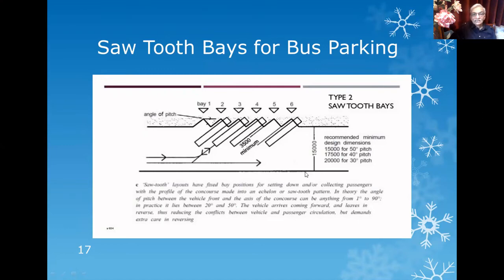Unlike cars, they don't have 90 degrees parking. 90 degrees parking is convenient for cars, whereas for buses, because they are more in length and are heavy vehicles, it is recommended that they should be parked in 45 degrees parking, and the driveway they use should be a one-way driveway.